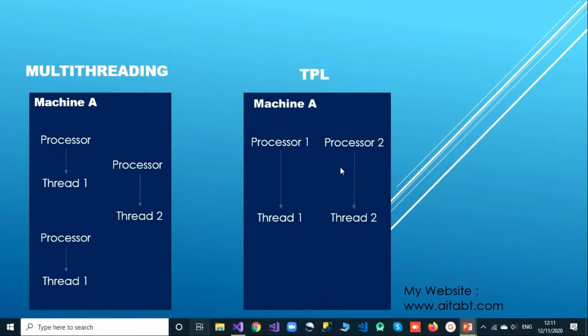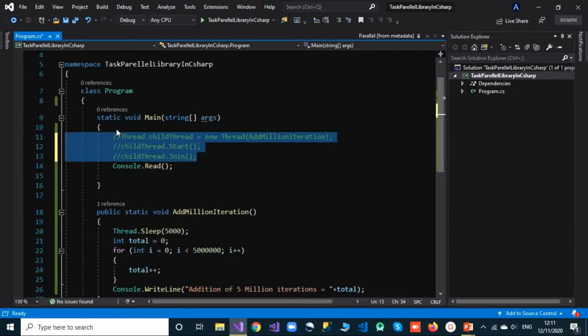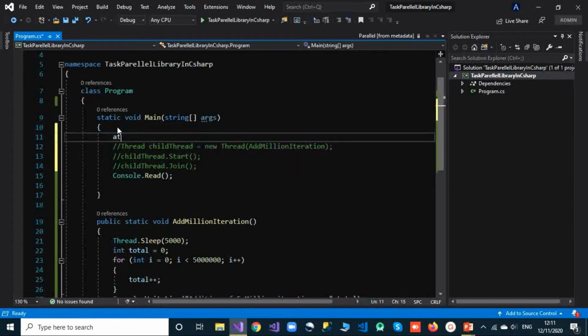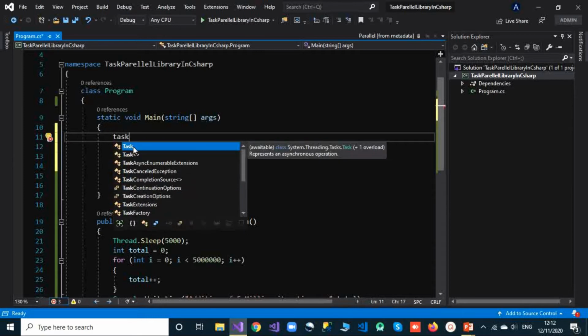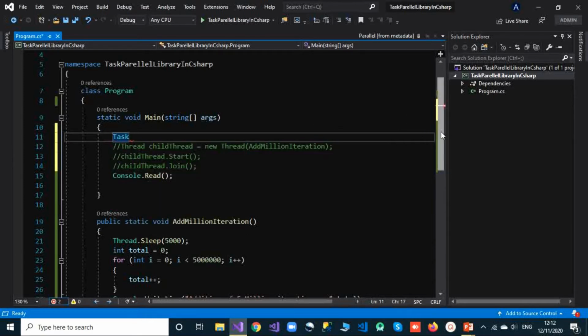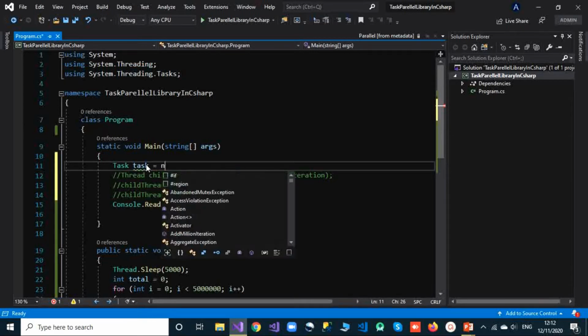Okay, so now let's just see how we can run this same method using task. So instead of this thread, let me just comment this. There is this Task class which is present. If you see, it is present inside the System.Threading.Tasks namespace, and in that we can use this class to create a new instance just